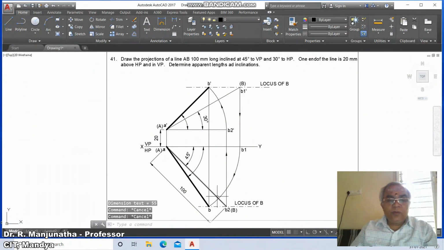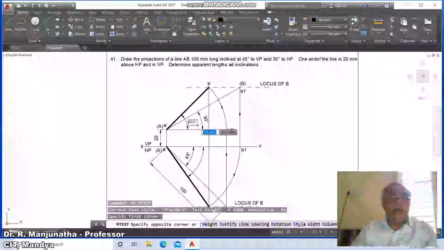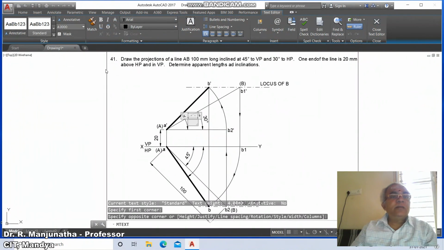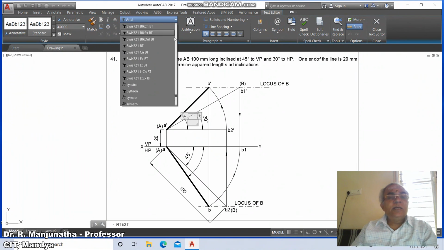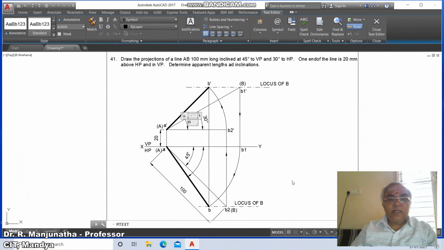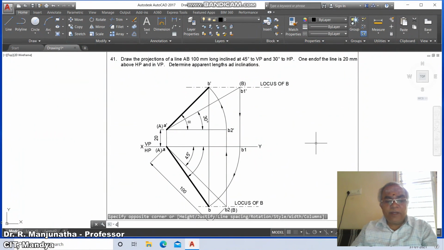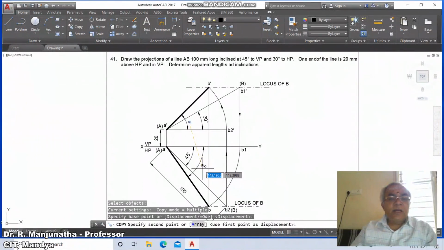So now we'll go for MT, M text, multi-line text. You just click on this and create a window. Once you get this, come down to text, type symbol, and here you type A alpha and then close it. Then go to copy, select this line or text and come down to here and keep it here.